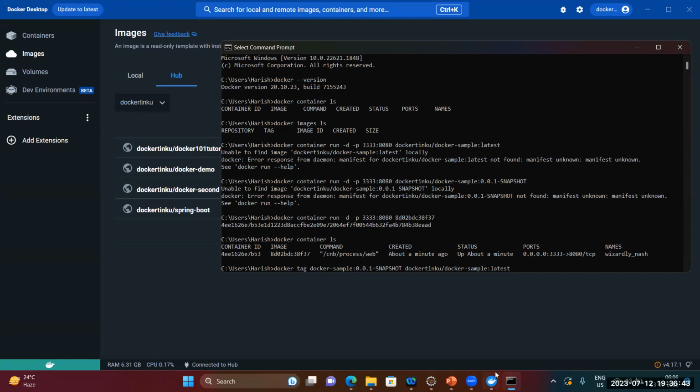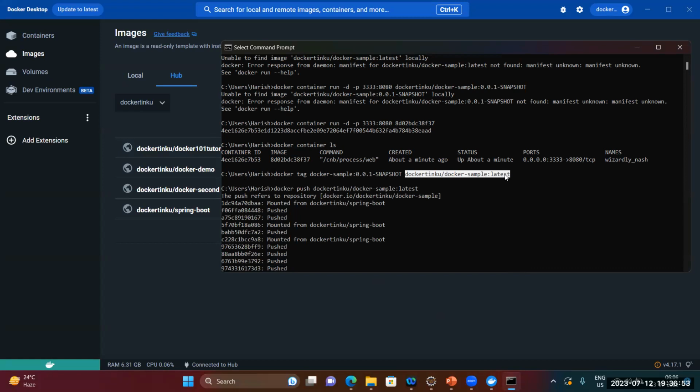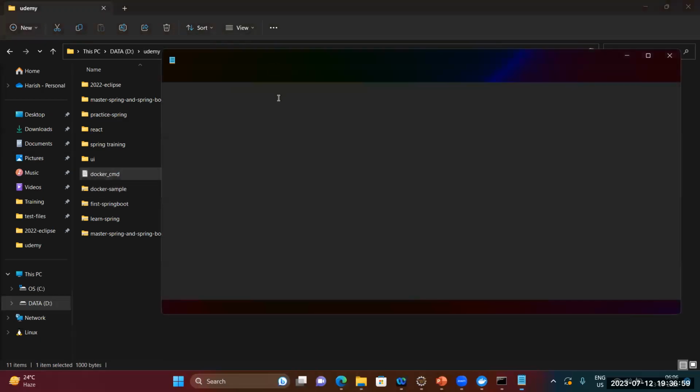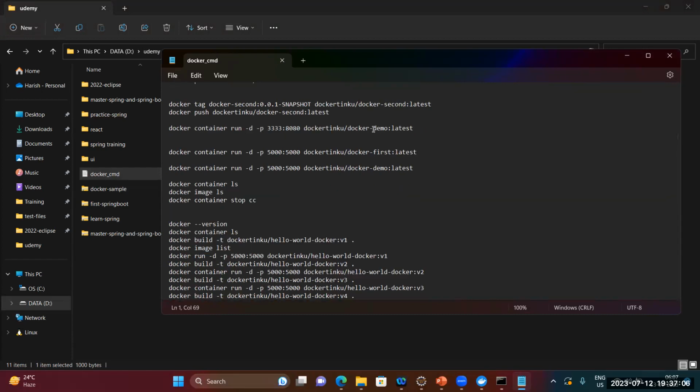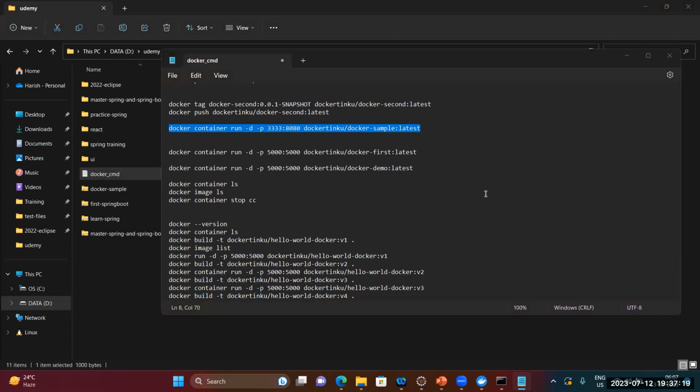Where was that? Yeah, one second. Yeah, okay, just run this command. Run this command just after installing